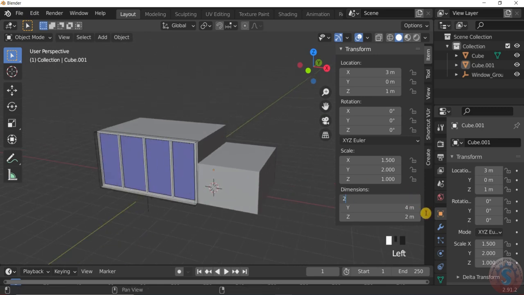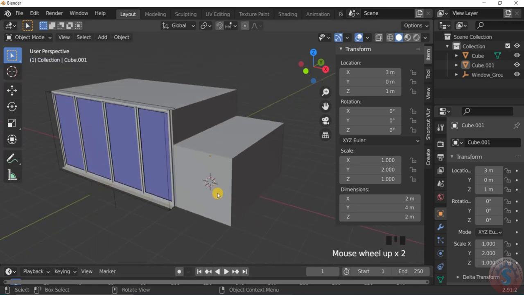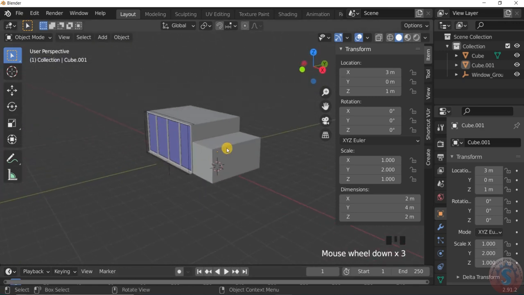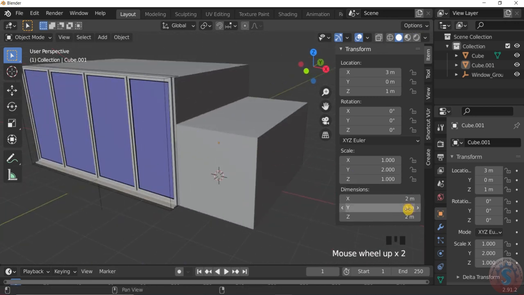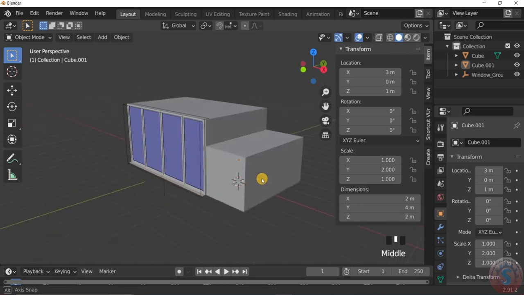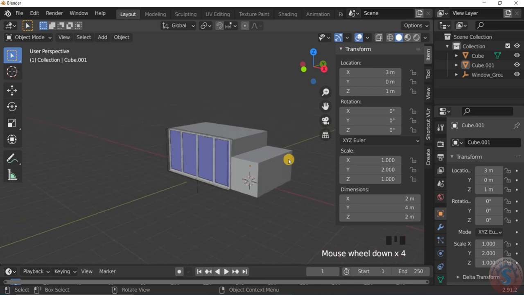To give only 2 meter. Created only 2 meter here and 4 meter, and the Z axis is kept constant. I will increase it later. I want to give this for extrude.